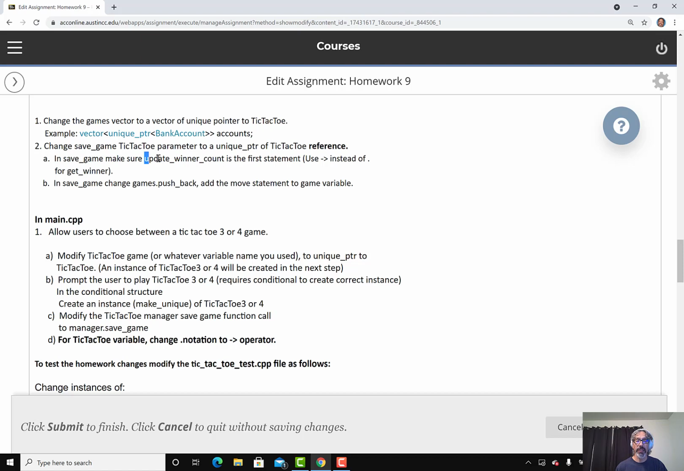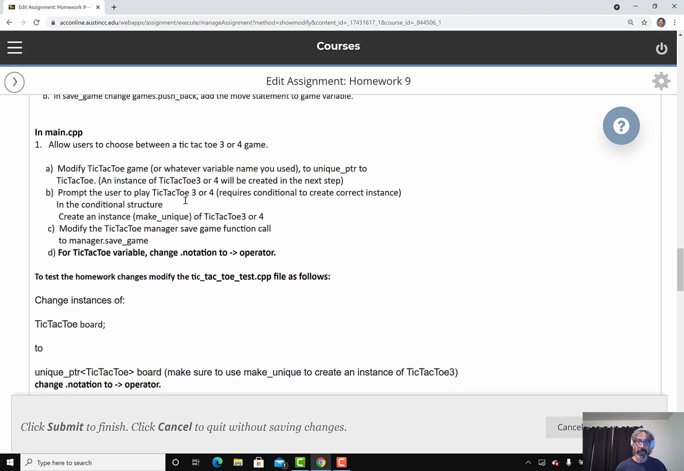For this reason, you need to make sure that you have the update winner function called before pushing the game into the games vector, okay? In main, you will allow users to choose between a TicTacToe 3 or 4. So you ask them, which game do you want to play, 3 or 4? Also,